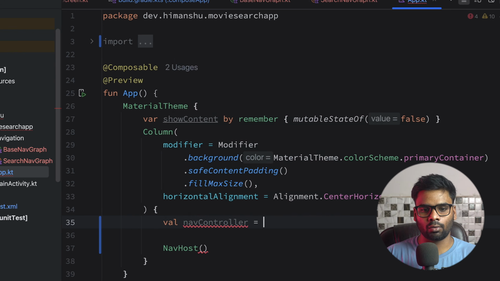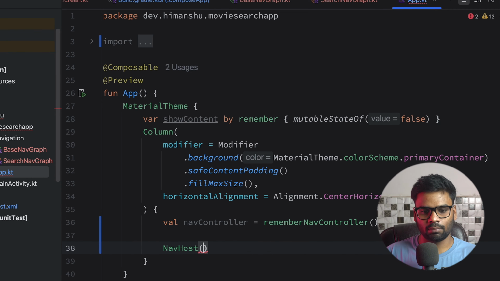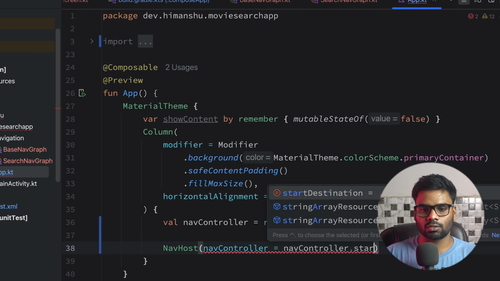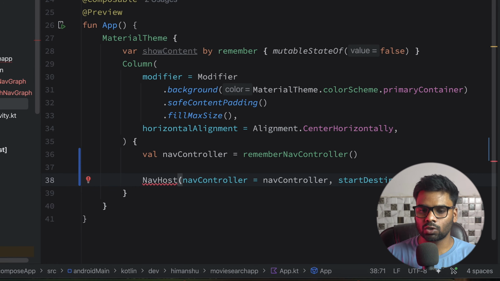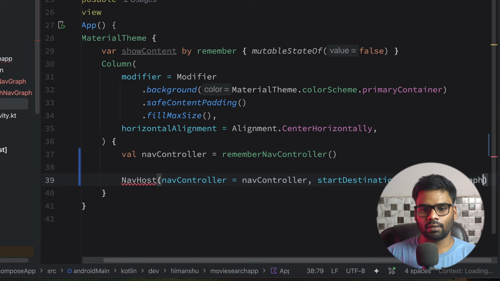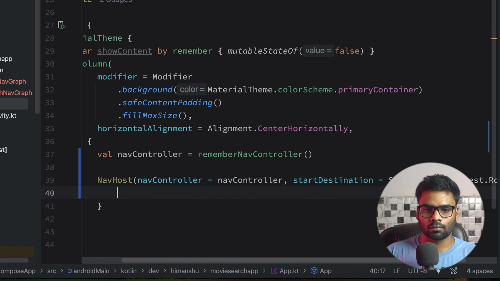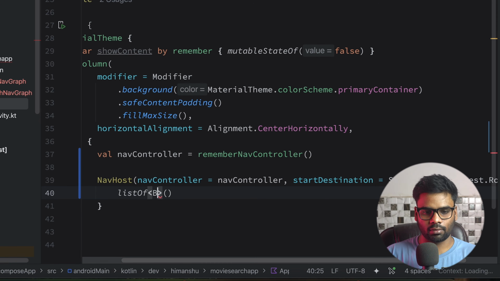Create nav controller with the help of remember nav controller and simply pass it nav controller. Next we have here start destination, and basically I want to start my application journey from search screen. So we'll use here search navigation graph dot destination dot root, and within this I'm gonna create a list of